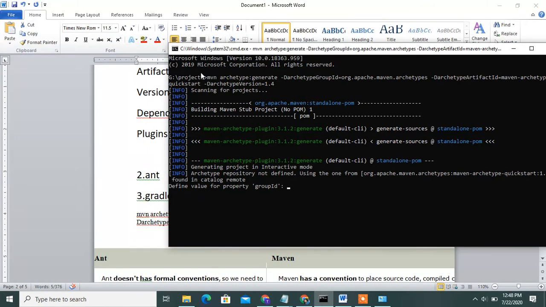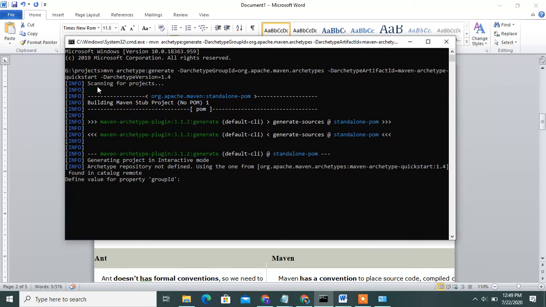Copy this mvn archetype generate command, this Maven URL. Copy it, and you can generate the project in interactive mode.